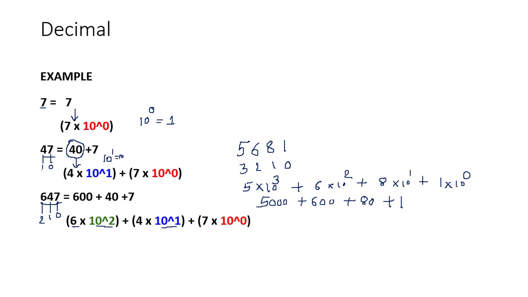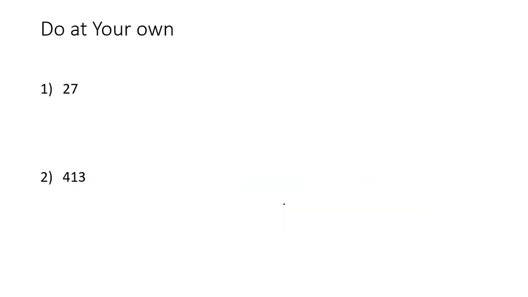Let me move forward. I will ask you to spend 1 minute along with me in this video, and I will be waiting for all of you for 1 minute to complete this exercise on your own. There are two numbers given to you. One is 27 and another one is 413. Let's try to represent it the way we did in the previous slide, right? Maybe you can pause on this slide and try to do it, and then you can start again, right? I will say 3, 2 and 1, and then you can start this video. So take a pause of 1 minute over here.